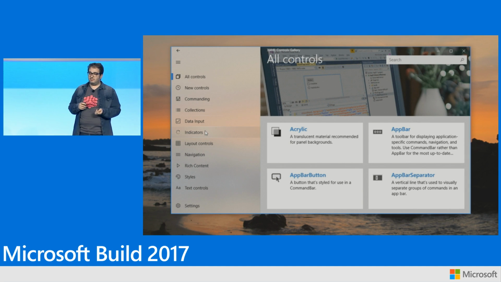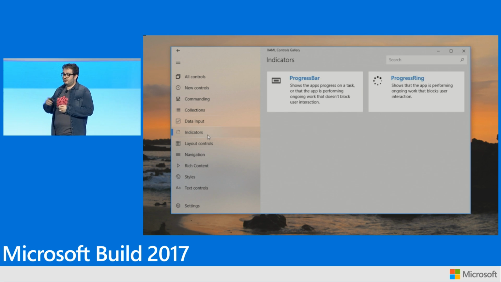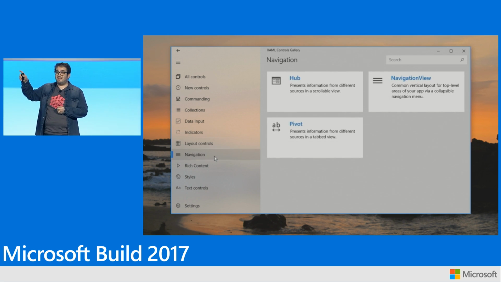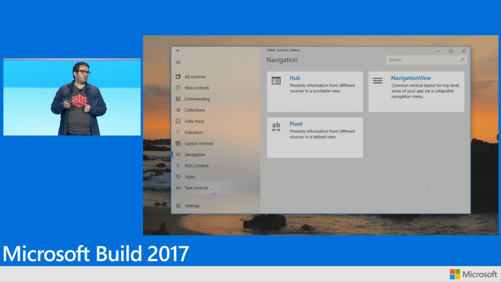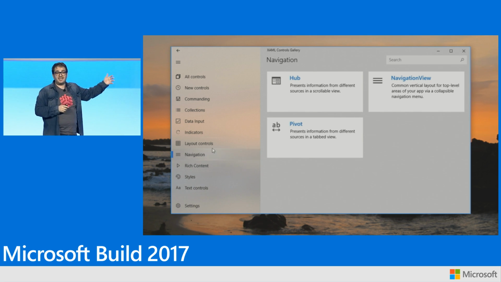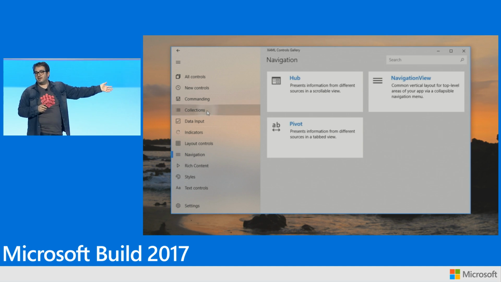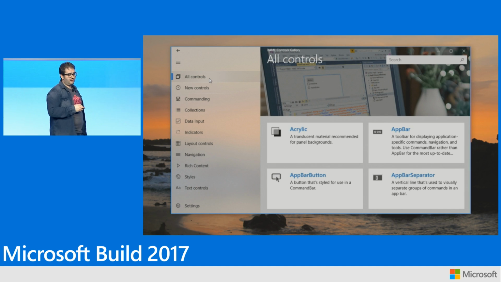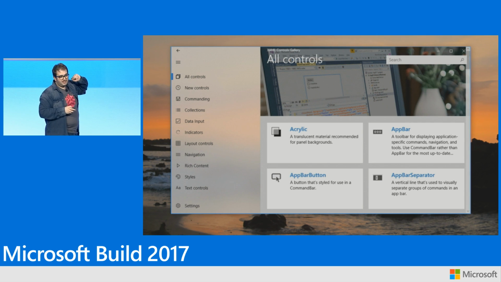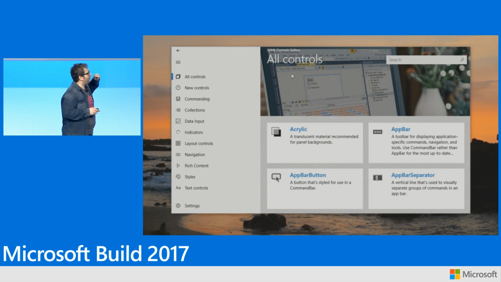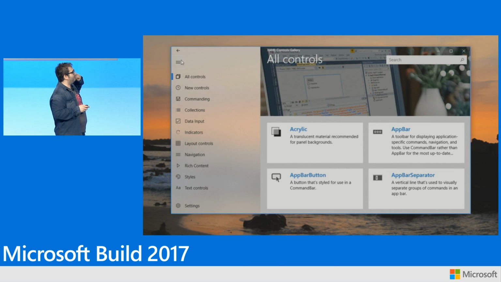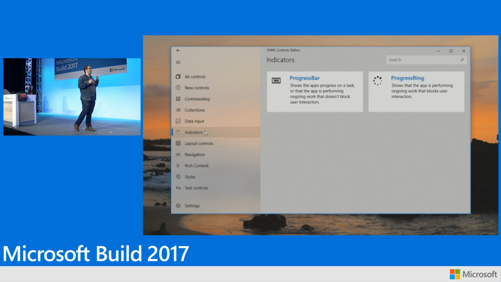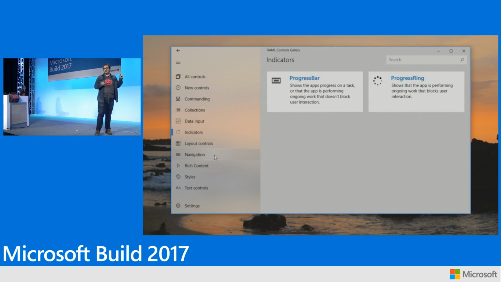I'll talk about the control sample gallery later, but this is showing the navigation pane, navigation view. It's one of the new controls that we're shipping that really highlights both acrylic and reveal in a really wonderful way, and you should really consider using that to have a great, consistent navigation experience that shows off Fluent design and takes advantage of it. I also like the fun little spring-like physical motion. So as you navigate, you might see this little blue line, here, I'm gonna wait for it to happen again, because I love this. I call it the rubber band. I don't know what we should call it, but